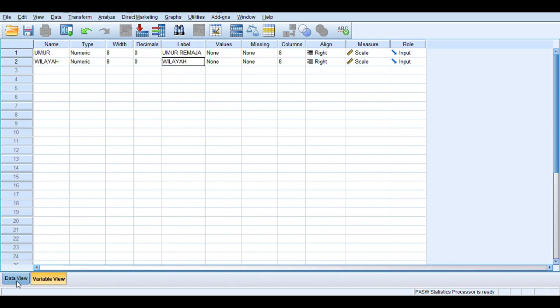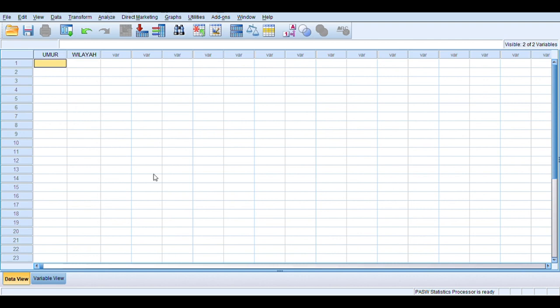Then click data view. Open Microsoft Excel. Copy age to SPSS. Copy, paste in the age column.